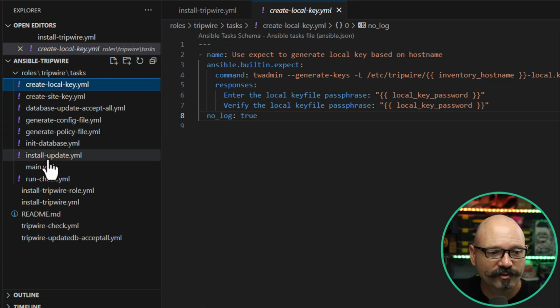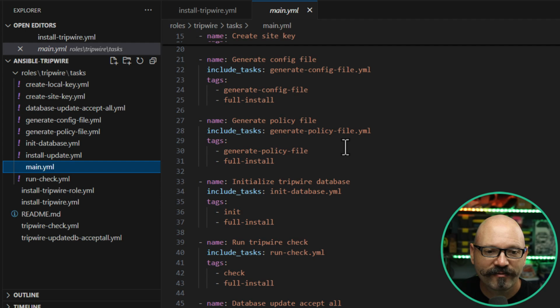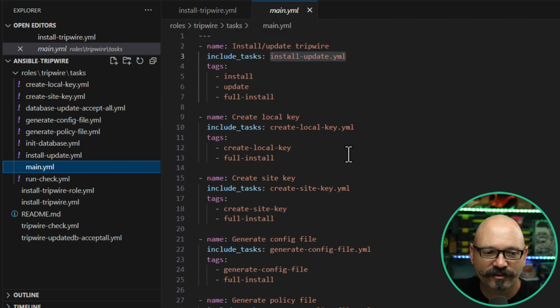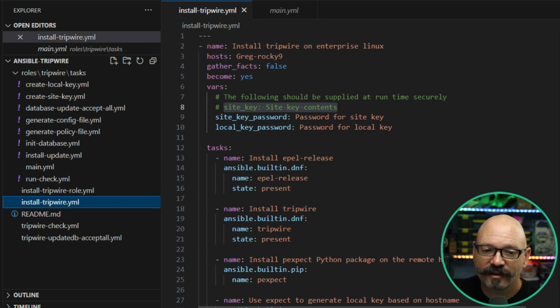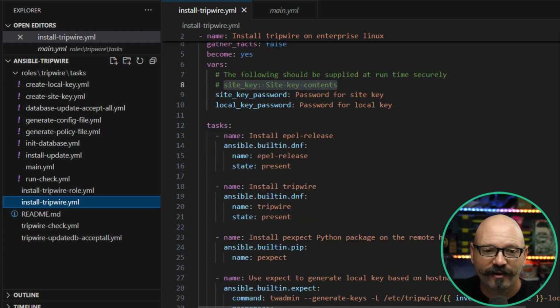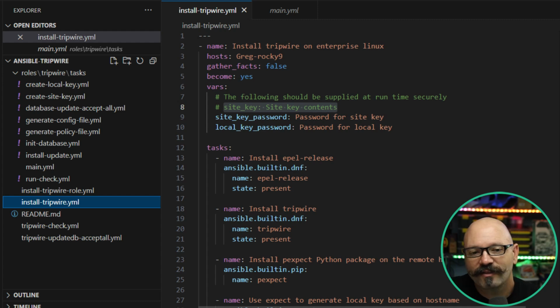But this role, it's really just a bunch of task files. The main file is really just calling all those individual ones, and if you wanted to do the install, it's essentially ready for the install method. But to take a look at install, if you recall, we're really just right here. You can see right at the top, in the vars section, I have the site and local key. Please don't put those directly in your playbook. I really just put this in here for informational purposes. It's so that you can easily look and say, oh yeah, these are the variables I need to inject at runtime. So if you're doing it on command line,